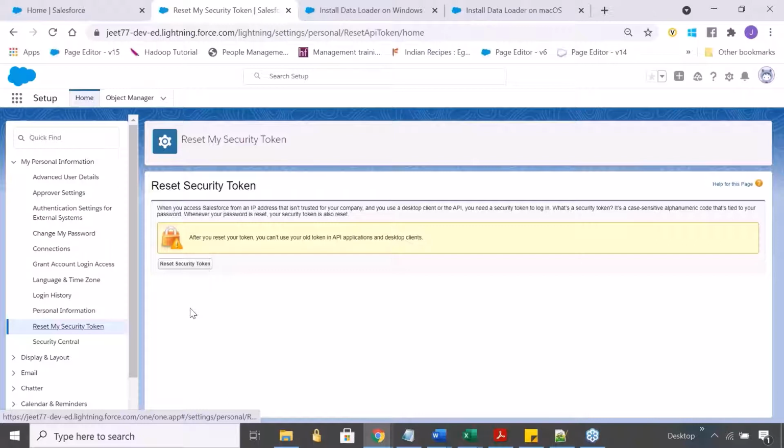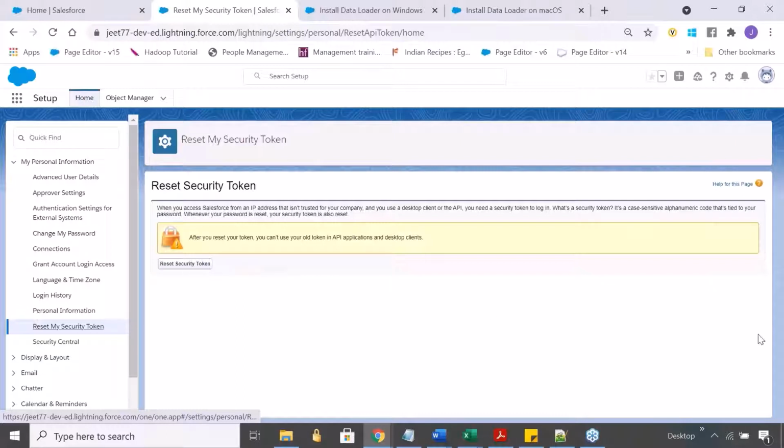I'm not resetting it for myself now because I already have a security token which I have stored. If I click on this, I will again have to go to my email and retrieve it. But for you all, just click on reset security token and a security token will be sent to your email.